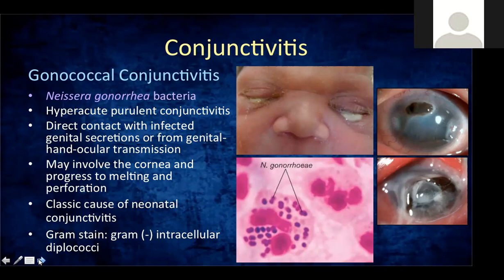So yung gonorrhea conjunctivitis, it's quite obvious when you see it in the patient. In fact, the residents, when they see a patient with gonorrhea conjunctivitis, naglalakad pa lang yan papunta sa kanila sa ER. Alam na nila. Why? Because the discharge really is characteristic.